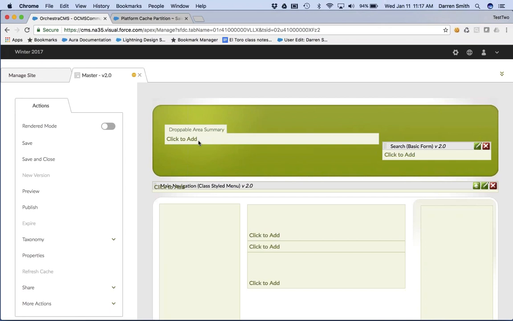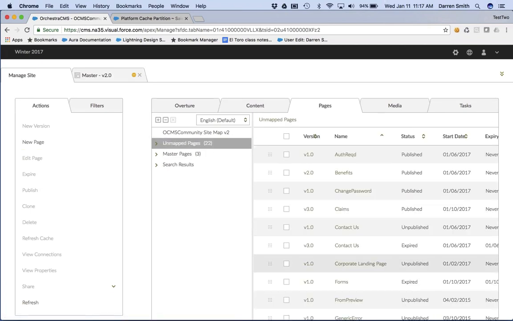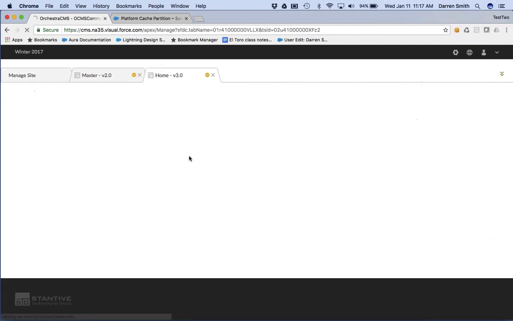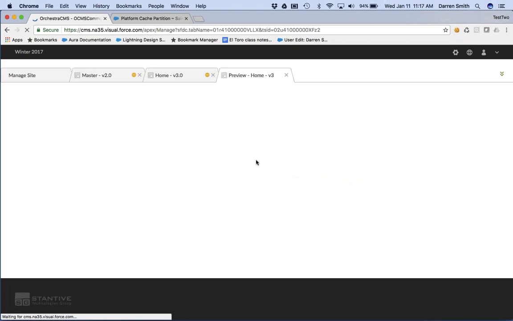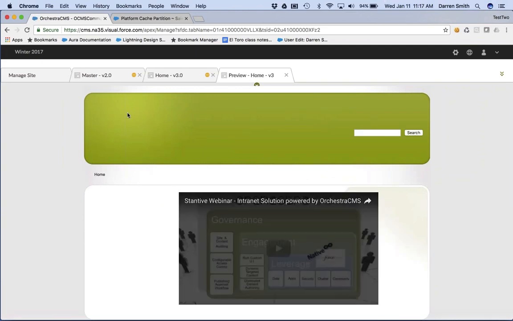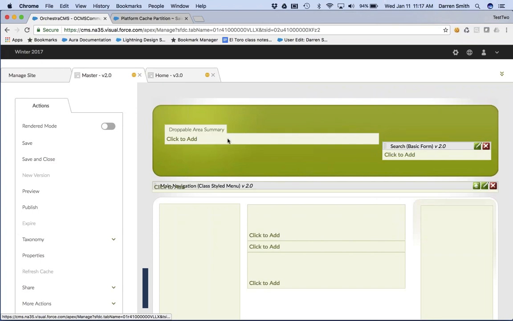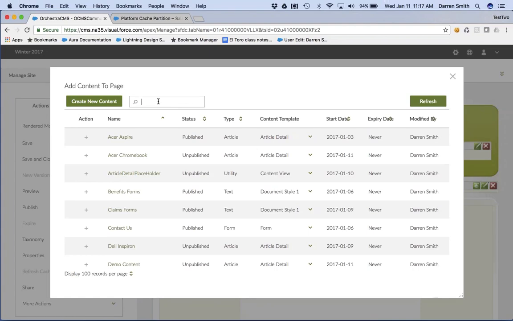And you'll see that there's currently nothing at the top in the green area in terms of content. If I open up the home page for my site, which has that master page applied, and preview that page, you'll note that sure enough, nothing is displayed in the blank area. However, if I go to the master page and add something into that panel, for instance, a logo,